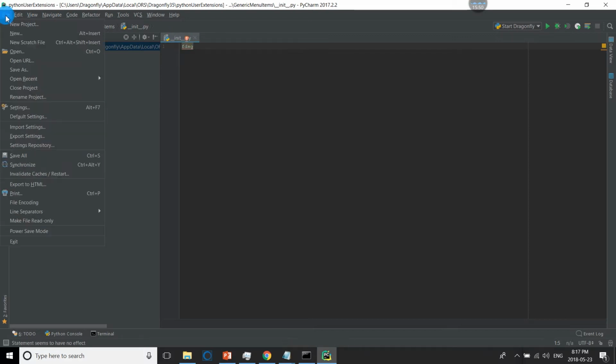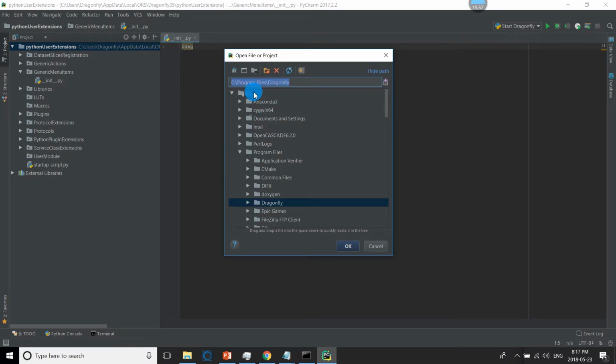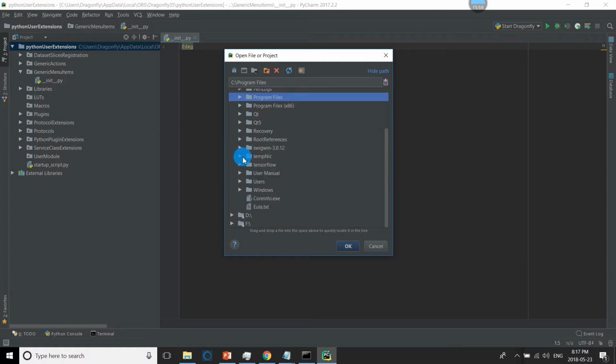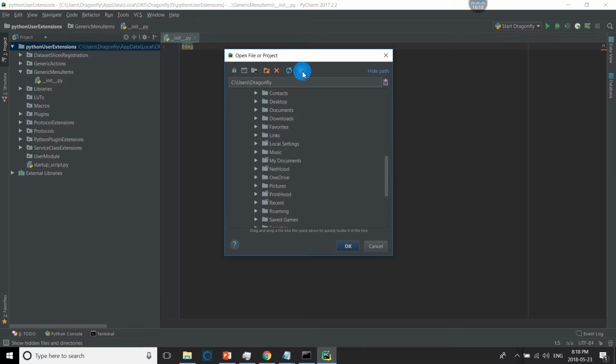So when you load for the first time, this is probably not what you see. Maybe it asks you to load a project. So the project I will ask you to open is already on your computer. So when it asks you to load a project, you go to the C drive, and then you go to users, and you go to your current user.